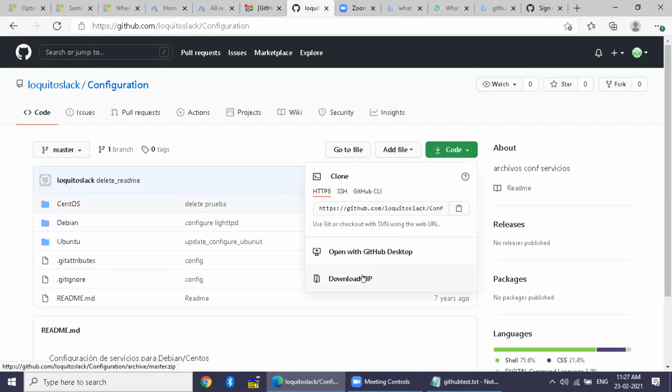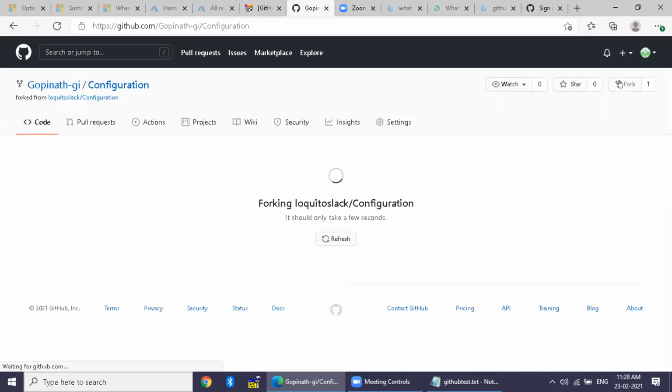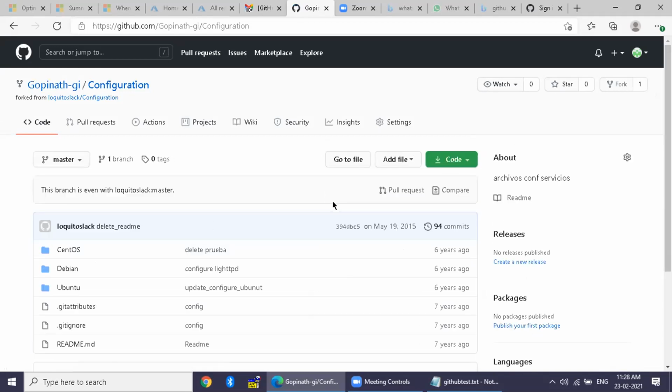You have the fork option there, on the extreme right-hand side, up. Click that one. So when you fork, what will happen? It will replicate the whole repository. Now it has become Gopinath's. Look at that on top.